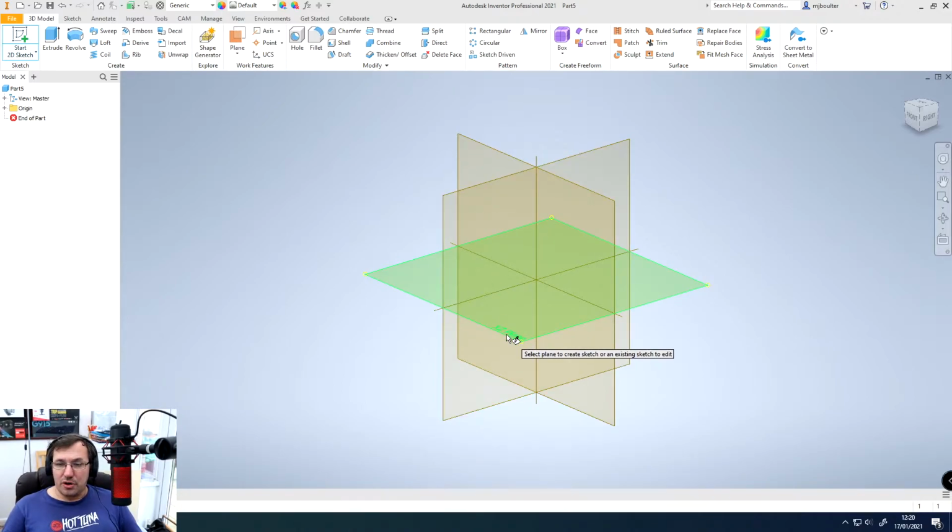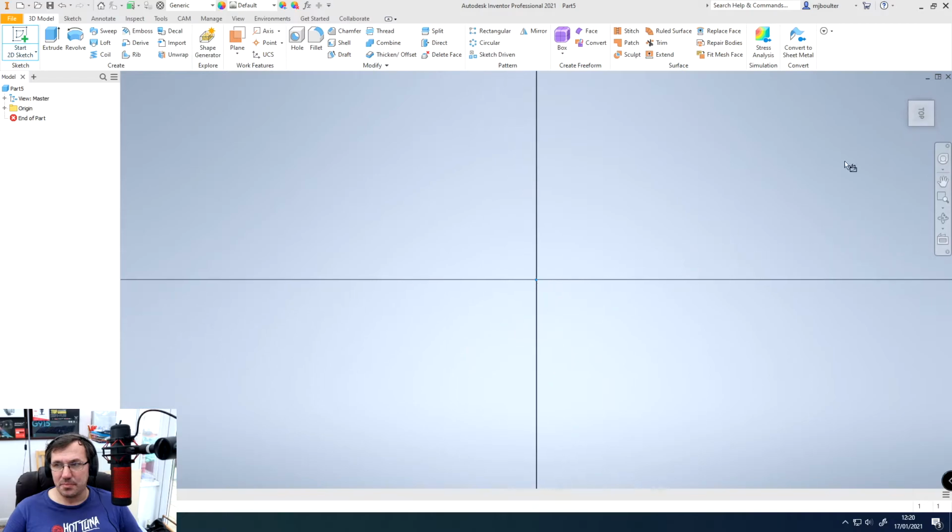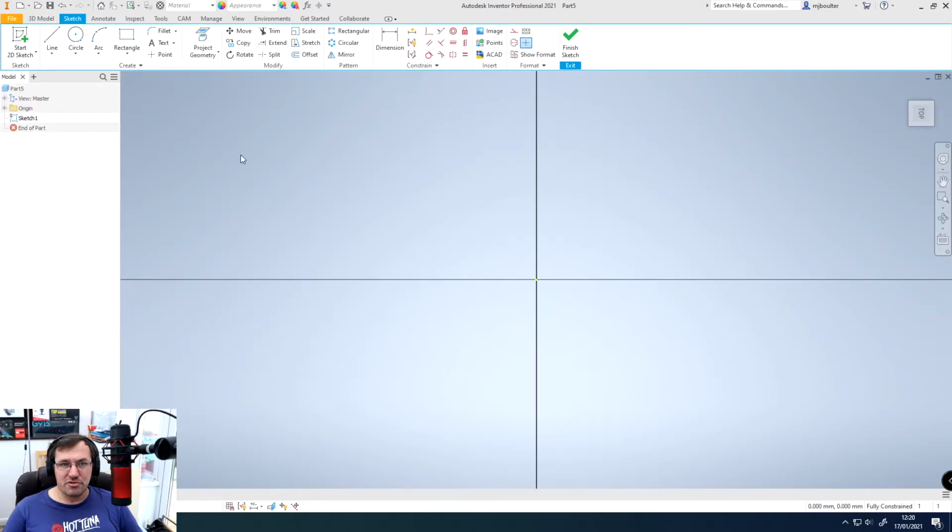I quite often go for the horizontal XZ plane, but again it's very dependent. So I'm going to just select, once it goes green, I'll just left click and select that horizontal XZ plane. And you can see straight away that our tools have changed, our tabs have changed, our ribbon panel has changed, our panels have changed, so that we can work in a two-dimensional space. You'll also be used to the view cube on the right hand side, which is exactly the same